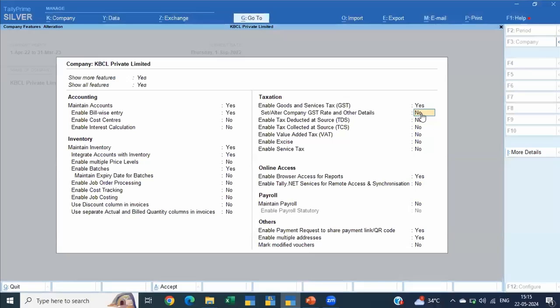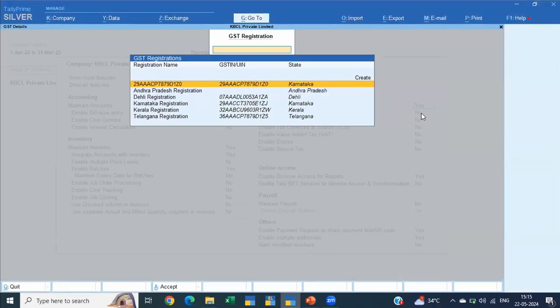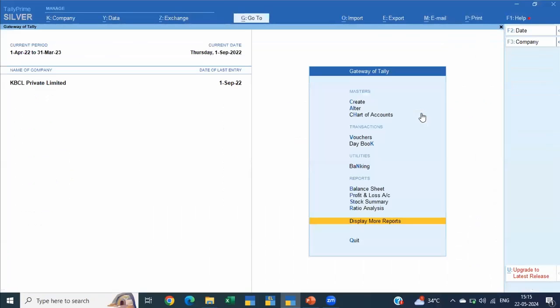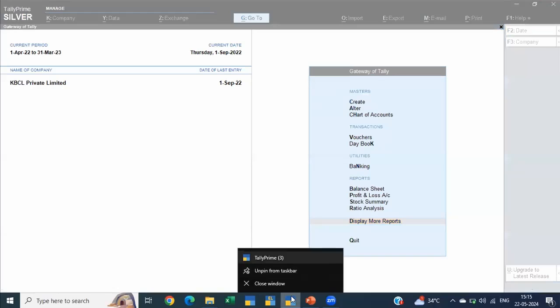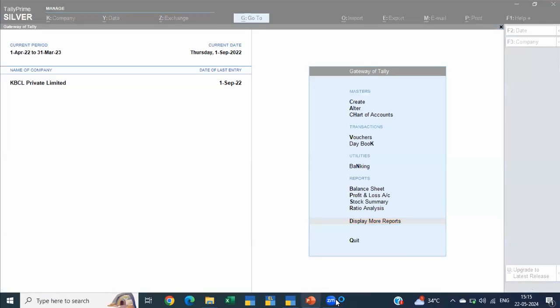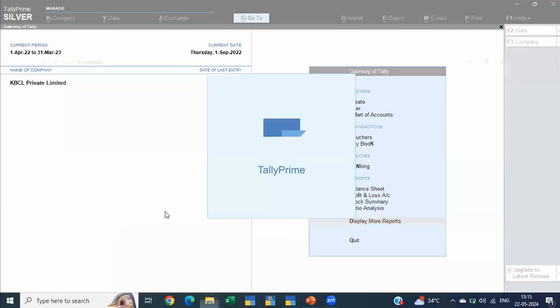So the first enabling is done. Now, do you want to go inside? Yes. In this case, I will go to a Tally where there are not many registrations, and we can come here again the moment we are ready with that information.